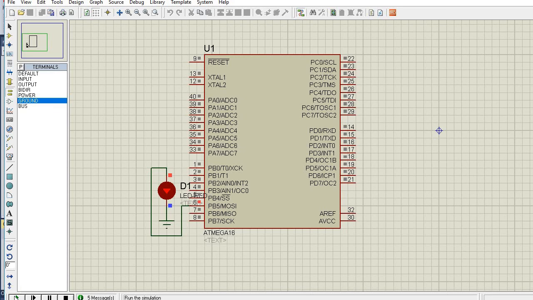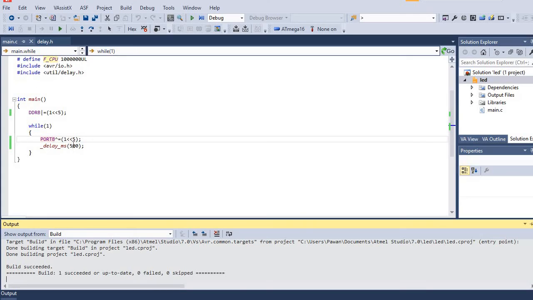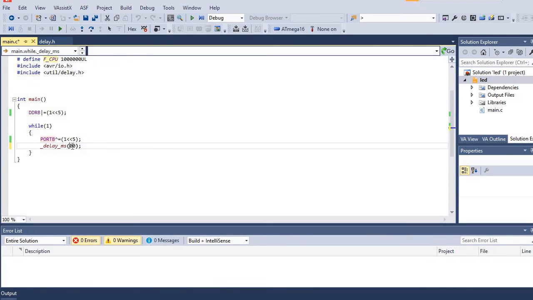Same logic, with one instruction only we can make the same program. But the switching on and switching off time will be the same for this toggling instruction, whereas for blinking with set and clear we can make the switch-on time 3 or 4 seconds and the switch-off time 1 second, because there we are using 2 instructions. Here we are using only 1 instruction and 1 delay after that. So here the on time and off time will be the same. I'll show that also: instead of 500 I'll give 100.